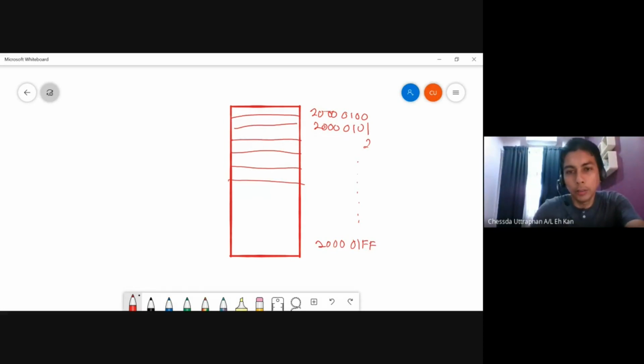Okay, so we want to find a specific unique value, for example, number 5. Let's assume that in this memory range, only one number 5 exists, which means that number 5 is unique. For example, number 5 is here, and the address of this number 5 is 20000110,